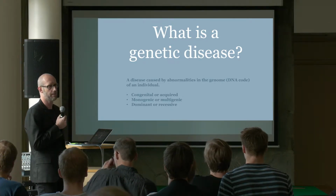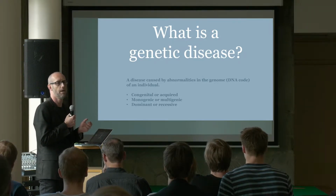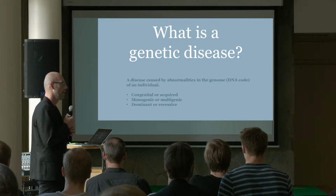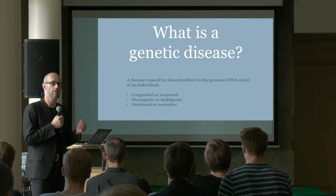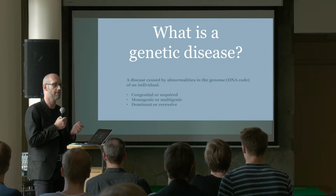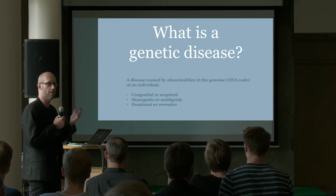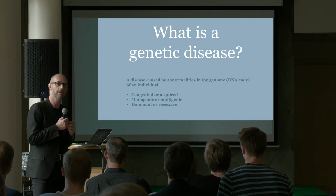It can also be that these changes affect one single gene in our whole DNA code, or sometimes there are more complex behaviors, with mutations that occur in several genes, and then we call them multigenic. And to complicate matters, the way the change acts, when it has an effect and causes a disease, it can do that either in a recessive manner or in a dominant manner. Meaning, because we have two copies of the DNA code coming from both our parents, if it's a recessive gene pattern, then